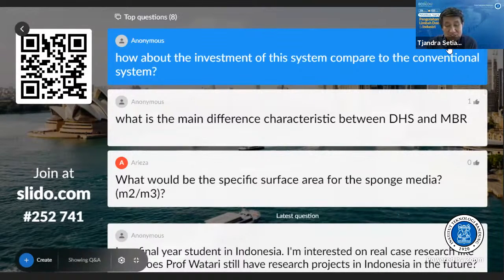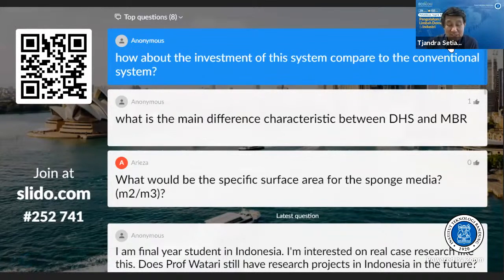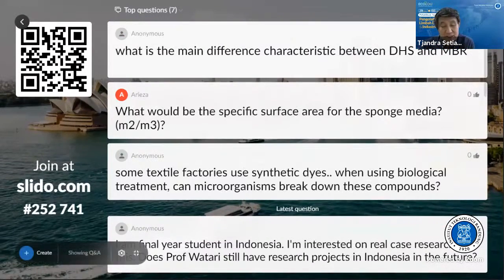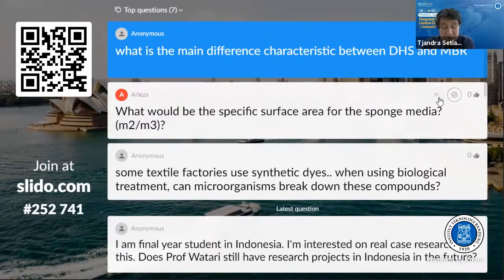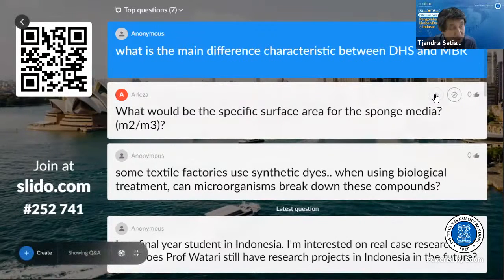What is the main difference between DHS and MBR? That one is a very deep question. DHS is more like a trickling filter. DHS is more attached growth, and MBR is suspended growth. So it means that in DHS, the microbe is